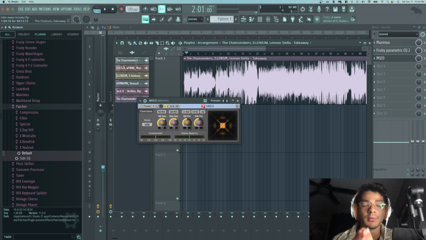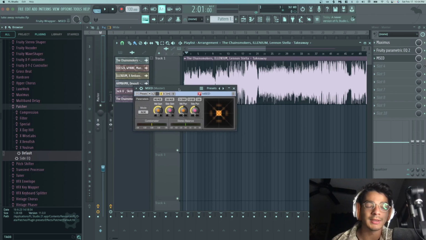And in music, this is a very common technique to get thicker and fuller sounds, but we have to know how to analyze it correctly and use our mid-side analysis tools. The tool that I like to use is this MSED. It's a free mid-side encoder or mid-side switch, and it allows you to switch between the mid and the side. Let me just show you what that's going to sound like.